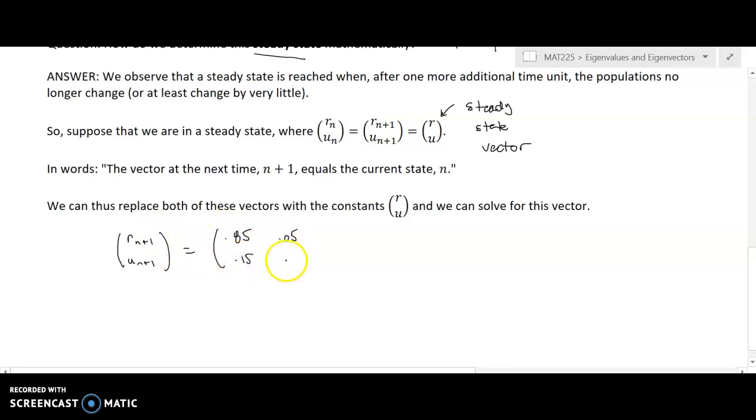So there's our A matrix, it's our transition matrix, as we've been calling it. And we know that this is the general recursive relationship, but if these are both the same after some point in time, then what we could say is that in a steady state,